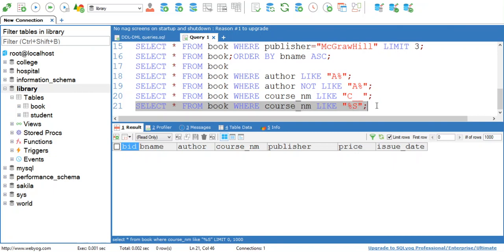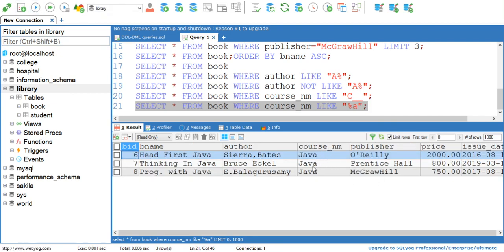It means that your course name can start with any alphabet but it must end with the alphabet S. Now when you execute this query, at the output you cannot see the record of any of the books because in our table we don't have any course name that ends with S. Now if you write select star from book where course name like '%a', it means select data for all those books whose course name ends with A. So you can see data for Java.